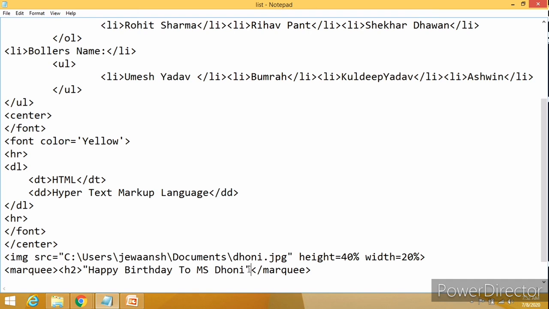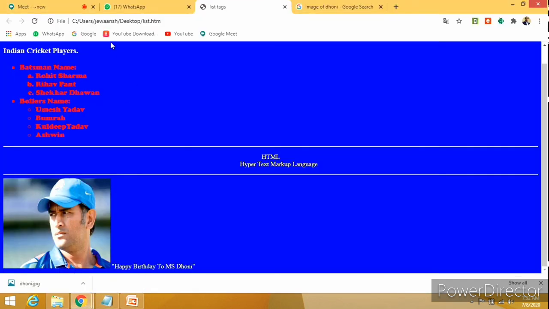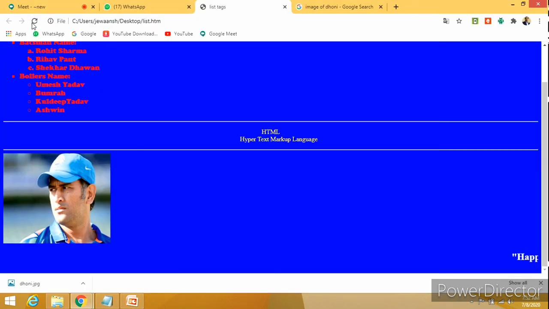So what will happen if we use the H2 tag? Will the size be bigger or smaller? The size will increase. Bigger. Now let us see the output. Are you getting it, anything affected? Is it looking attractive now, your entire HTML page? Is it looking attractive or not? Yes, sir.